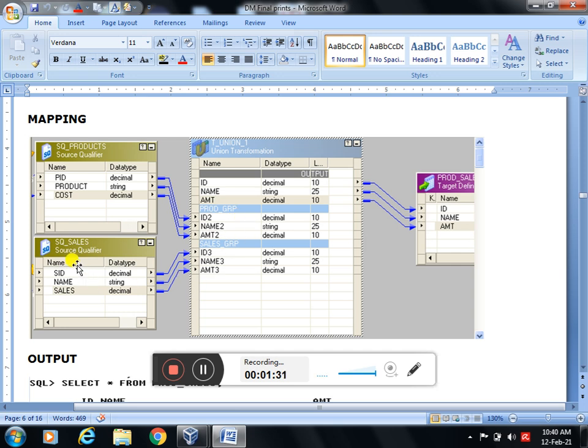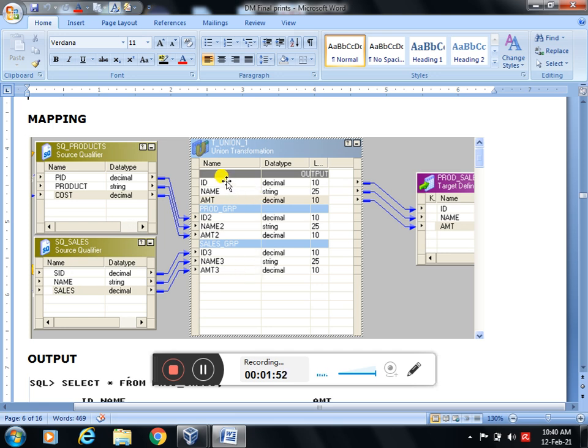Similarly, we are pulling all the columns of the sales table into the union transformation. Now the input is coming from the two tables: one from the product table to the union transformation, and the second from the sales table to the union transformation.